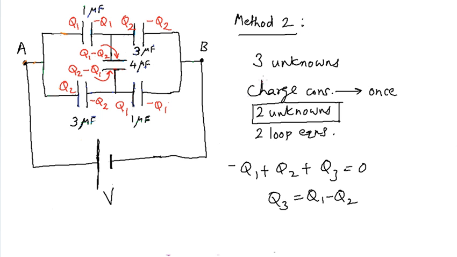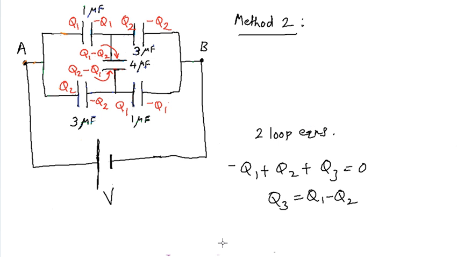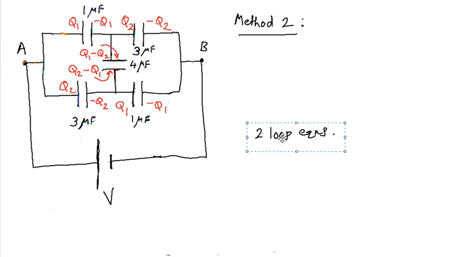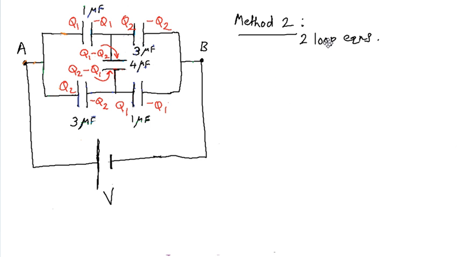So as you can see, I started at this step with 3 unknowns Q1, Q2 and Q3, and by charge conservation I further reduced the number of unknowns to 2. So all these things have already been done, and so I'll remove these 3 lines like that, as well as the charge conservation equation which I have written over here and already used. So obviously now what remains is only the 2 loop equations which will be used to find the 2 remaining unknowns, that is Q1 and Q2.